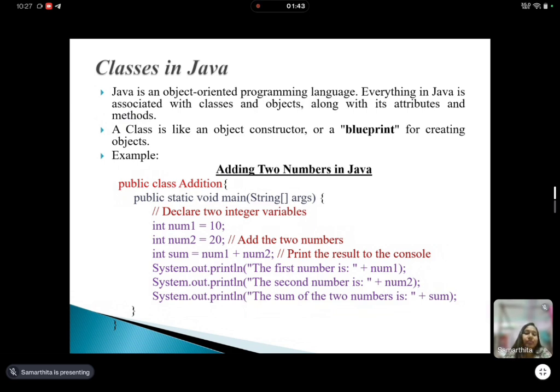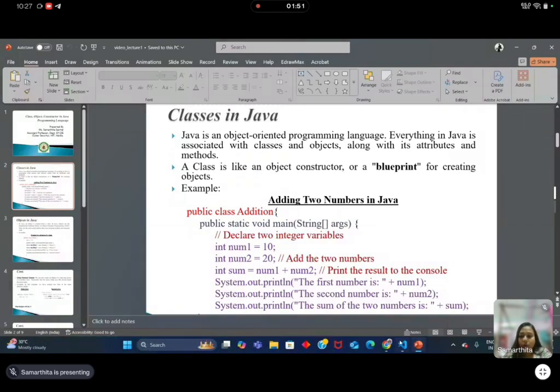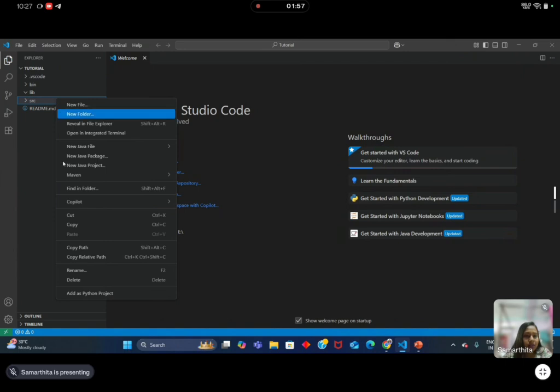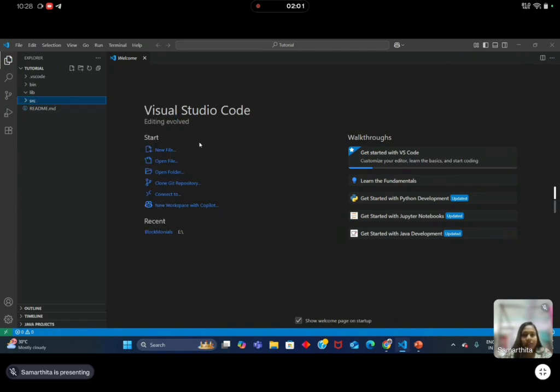Now if I create a class, I am opening Visual Studio, and you know how to create a class: new Java file and then class.